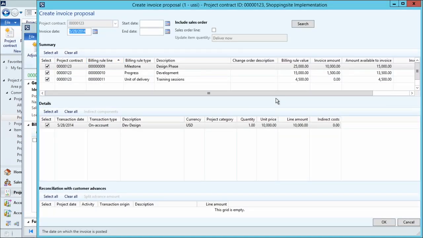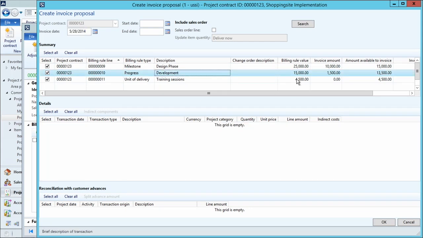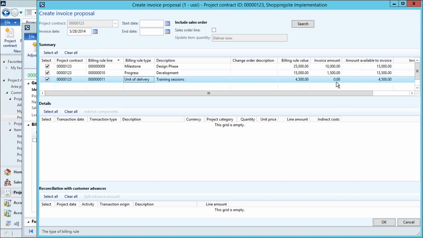The first line, the design phase, which is based on milestones, is going to be billed for the dev design that I have marked as being done. The second line, which is based on progress, has $15,000 value, and I'm going to generate an invoice of $1,500 because I said I was 10% done. On the unit of delivery one, I have not delivered any units of training sessions yet, so it is not going to bill anything. And let's create this invoice proposal